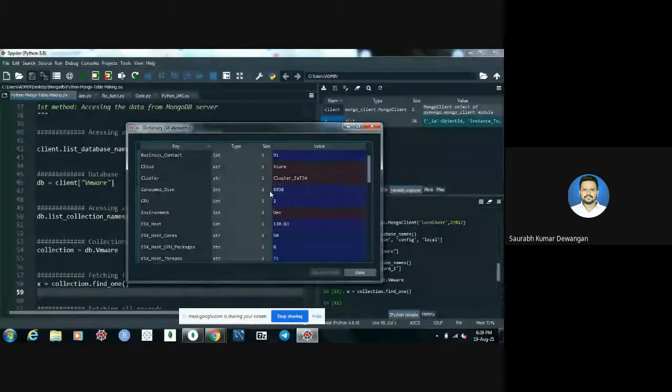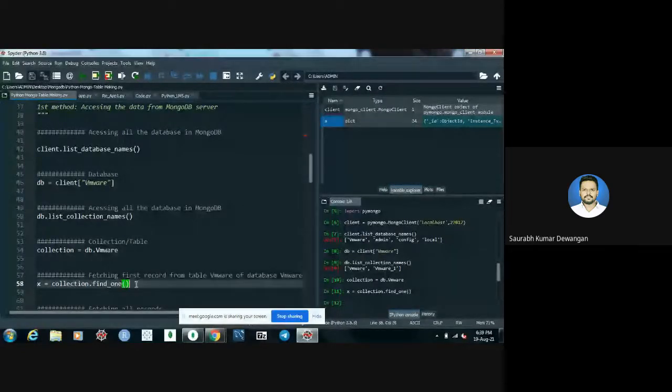These are all the feature names of the VMware table, and these are the values inside it. Key value pairs, like dictionaries. The keys are our feature names, and the values are the values of the features. So this is the first record only.